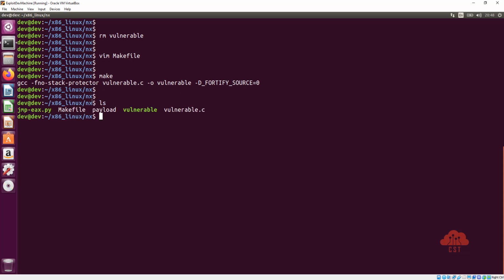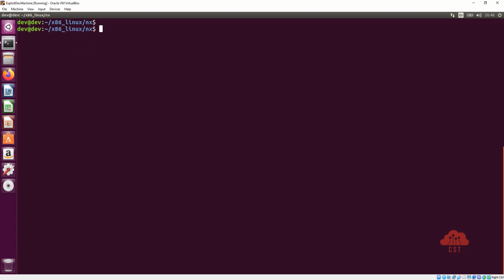And this has produced a new vulnerable binary, as you can see here. Now let's once again check our exploit by running the vulnerable binary and passing the contents of payload. If you look at that, the exploit that just worked is now failing after recompiling the program by disabling the